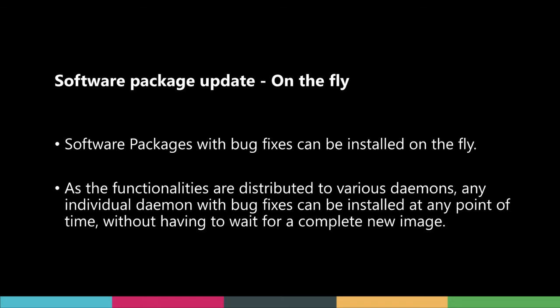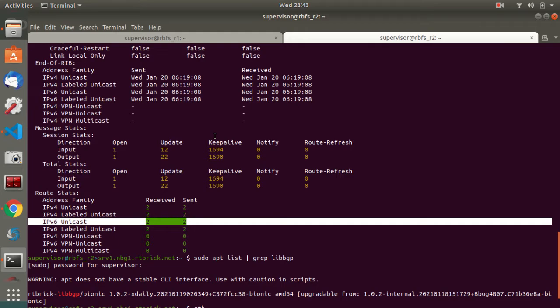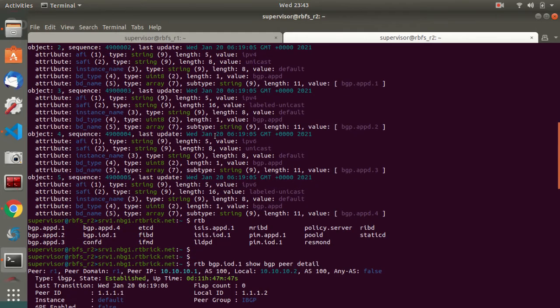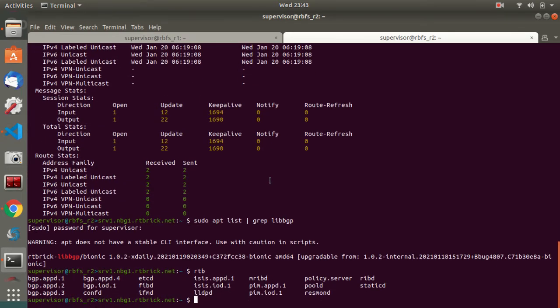Whenever there is an IPv6 unicast route with community attribute received on R2, the BGP ABD corresponding to IPv6 unicast is expected to crash. In our case, BGP ABD3 is dedicated to the IPv6 unicast address family. As we discussed earlier, the ABD mapping has been done in such a way that BGP ABD3 will be processing all the IPv6 unicast related routes. Now let us have a look at the package that we currently have in place.